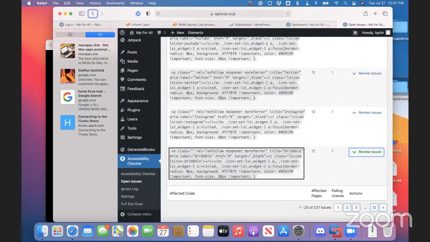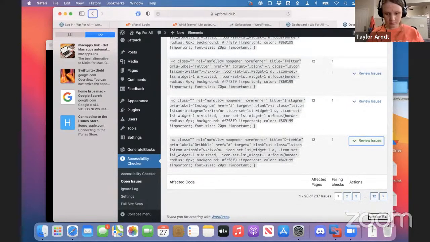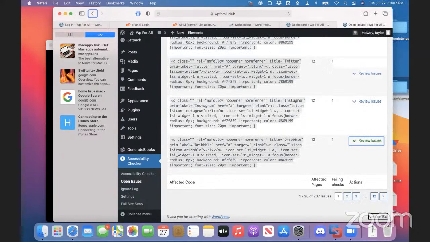Okay, so if you interact with that. Less than the class equals. Rel equals no follow. Title equals. Label equals. href equals. You cannot go item by item. What if you use right arrow by itself right now? Nothing. Or turn on quick nav? Quick nav on. Oh, it just jumped. Quick nav off.